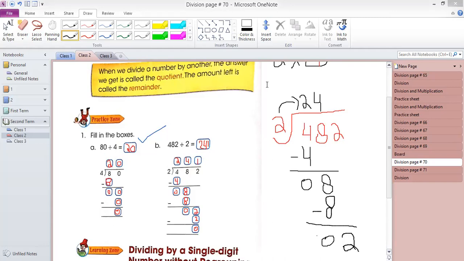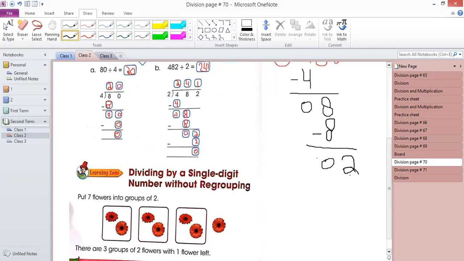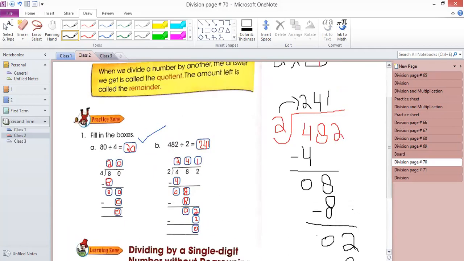I am asking, 2 divided by 2 is equals to? 1. Very good. Because 2 ones are 2. That's why you will write here 1. 2 ones are 2. Then you will subtract: 2 divided by 2, 1. Multiply, 2 ones are 2, and find the difference. So there is no digit left to divide. All digits you have divided. So the answer is